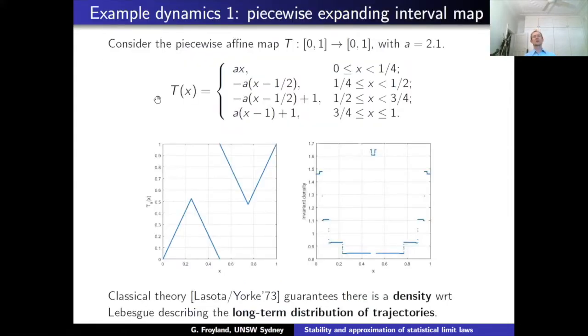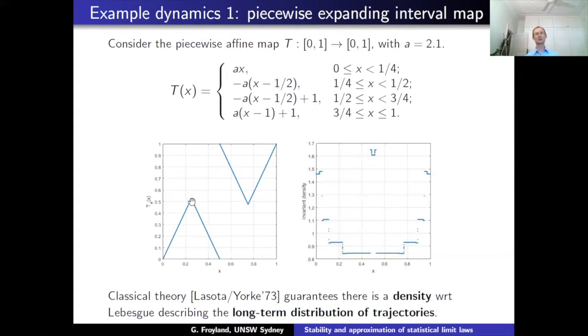So I'll start with the kind of dynamics that we're going to consider. So we have some dynamical system. It's going to generate statistics, and one of the simplest test beds of dynamical systems are piecewise expanding maps of the interval. And so here's an example of one of those. You've got piecewise branches. This is your unit interval, which is your domain. And the branches don't have to be onto the domain.